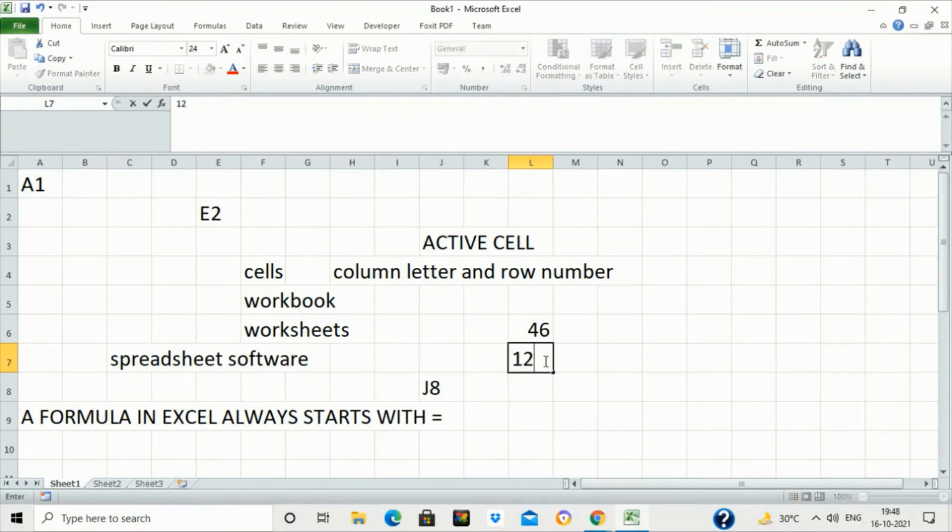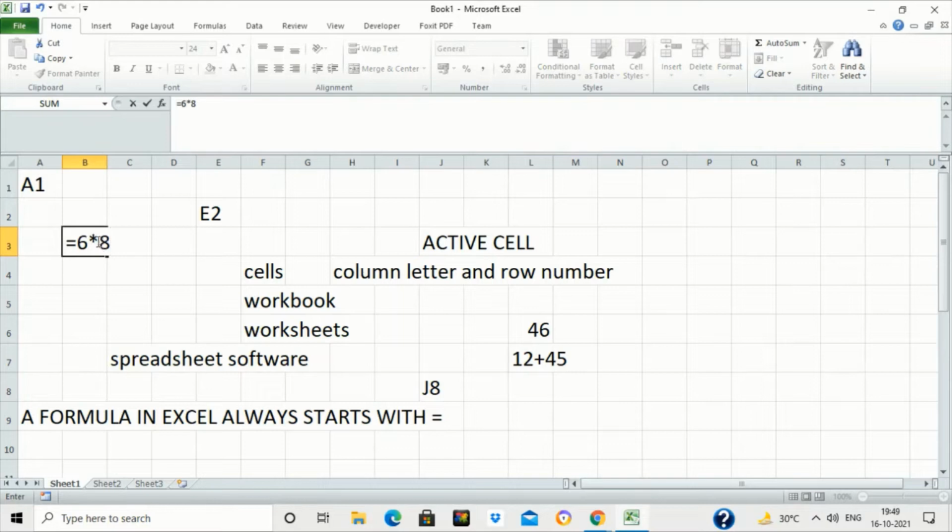Suppose I forget to write the equal to sign and simply write 12 plus 45, or whatever numbers I want to add, and press enter. It will not show the result, because it will take this as text or a value, not as a formula. So to make sure we are writing a formula, we first write the equal to sign, and then whatever formula we want, like 6 into 8.